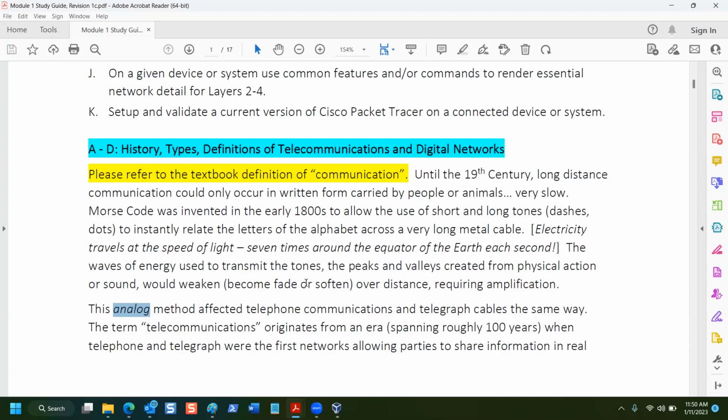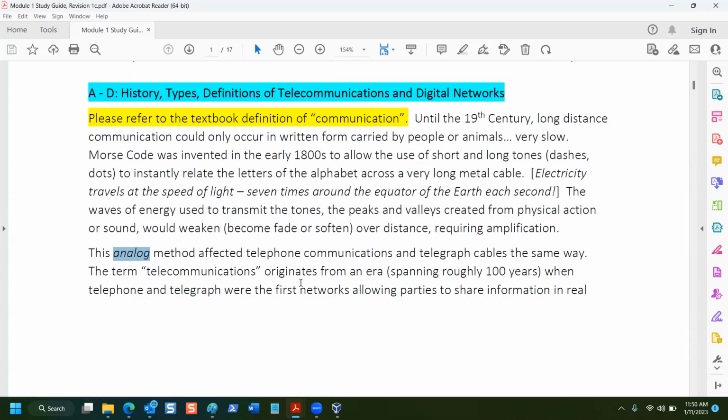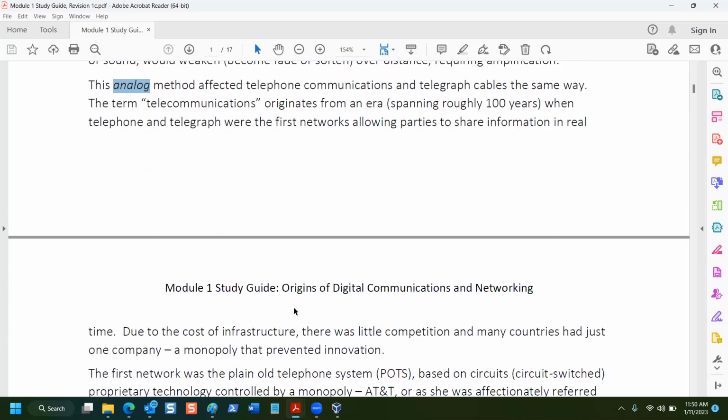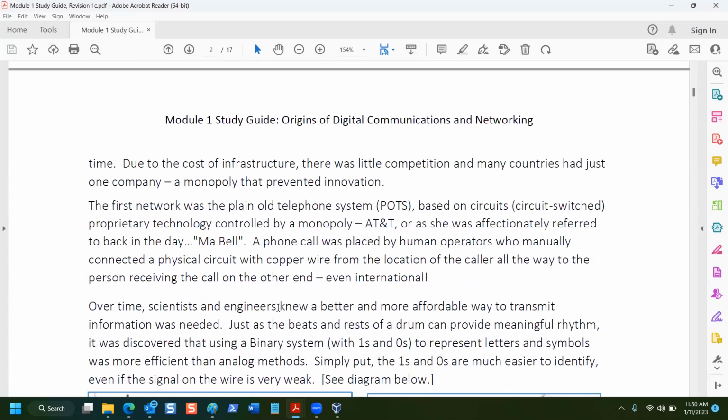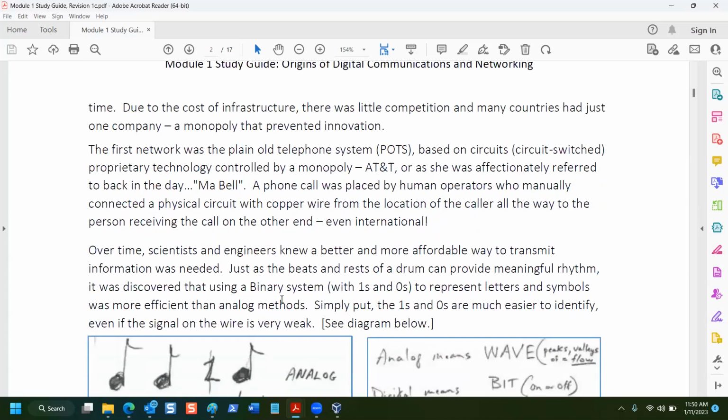Dang. That's pretty long. It's pretty long, and it's pretty wasteful in terms of resources. But it's what we knew. And it's what we knew for over 100 years. When you see the reference to plain old telephone system, the common acronym is POTS, a POTS